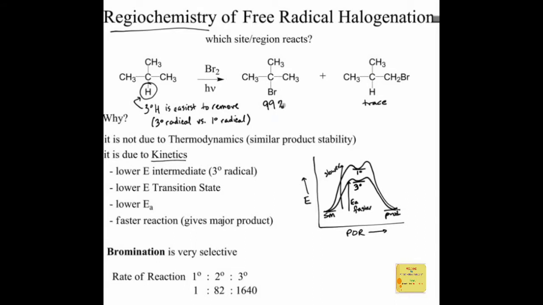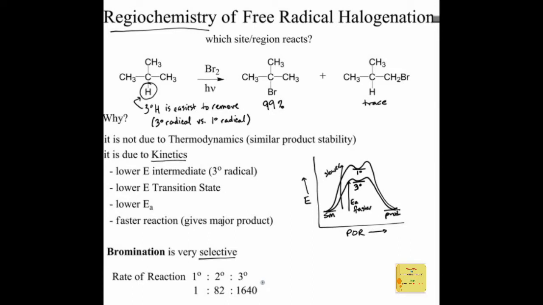So because the vast majority of the product is this tertiary alkyl halide being formed, we describe bromination as being very selective, and the rates of reaction are orders of magnitude different. Primary going to secondary is 82 times faster, going to a tertiary center is 1,640 times faster. So with a huge difference like this, we see a significant selectivity for the more substituted hydrogen